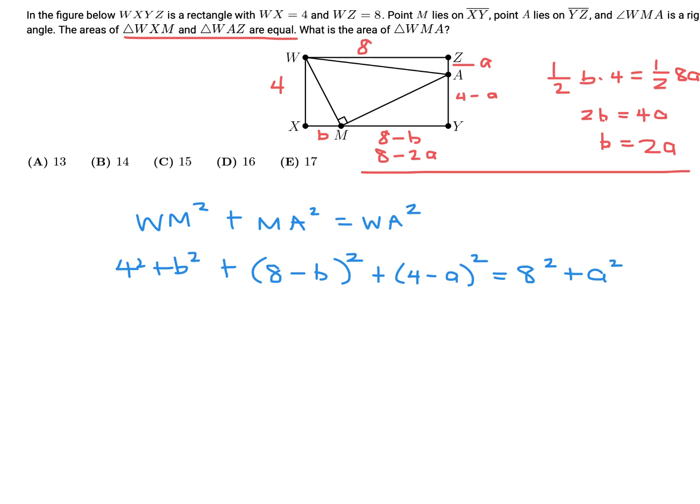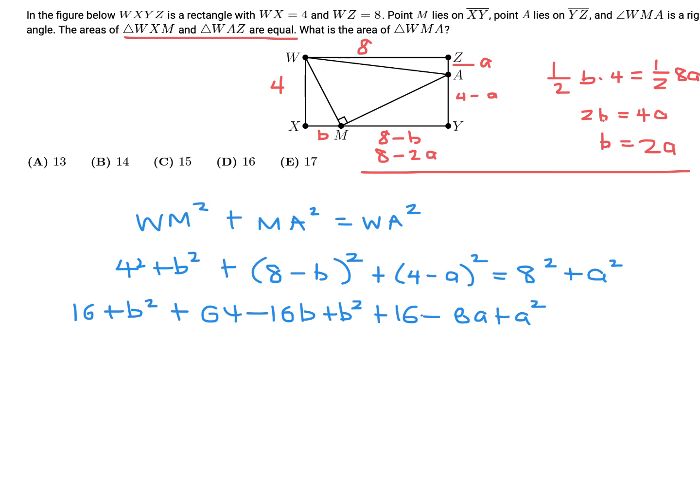Okay, so then expanding this all out, I'm tempted to have you guys do it, but I guess I'll just do it. 16 plus B squared, 64 minus 16B plus B squared plus 16 minus 8A plus A squared